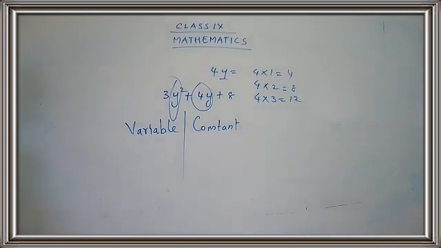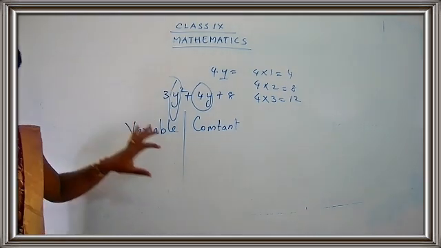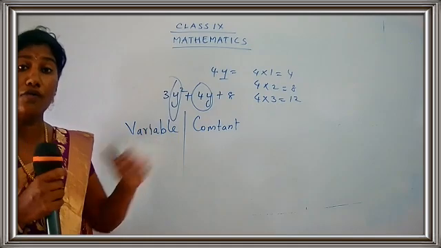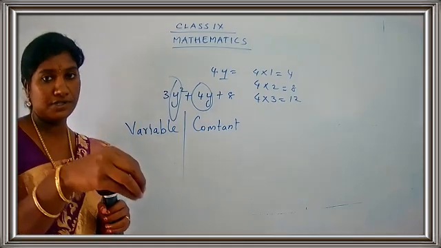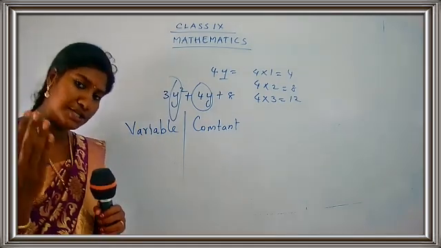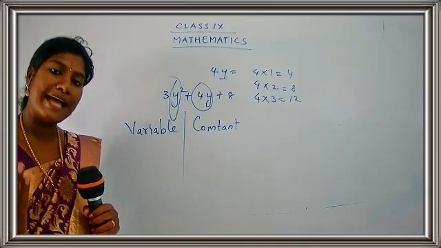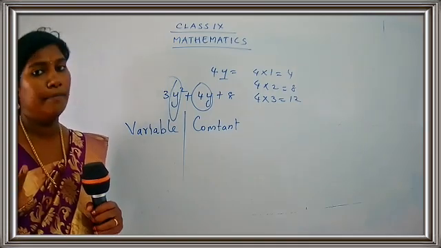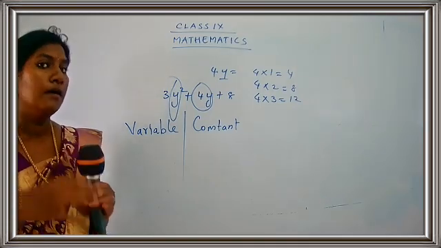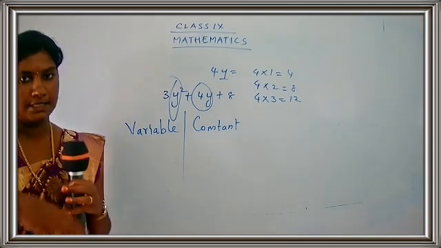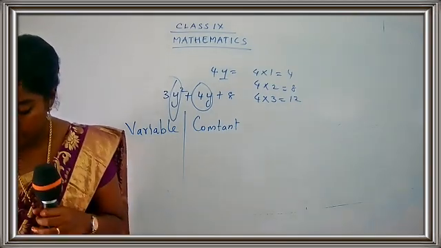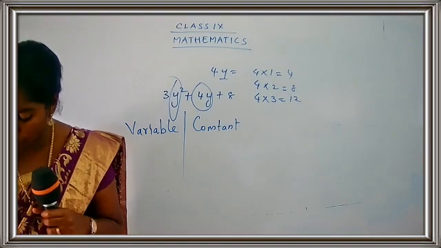And also we have seen about algebraic expression. Algebraic expression is a combination of variables and constants. You will be having the letters, you will be having the numbers, and along with this, some of the operations will be added. You know the basic four operations: addition, subtraction, division, and multiplication. So an algebraic expression will consist of all of this. Okay, children.